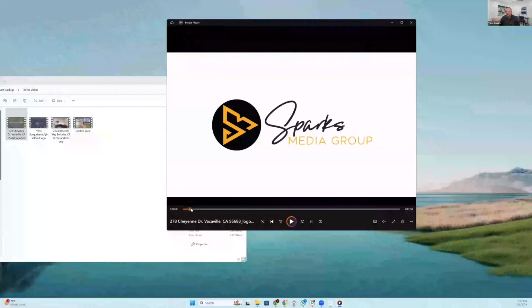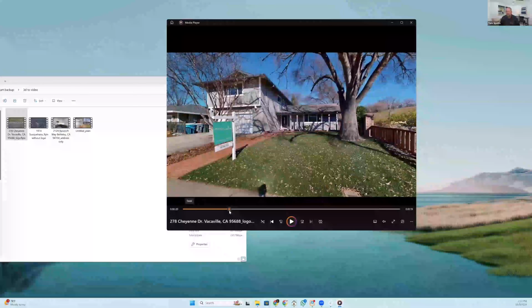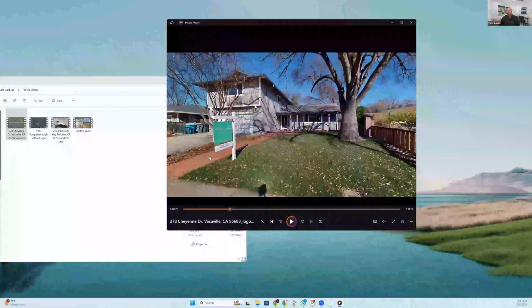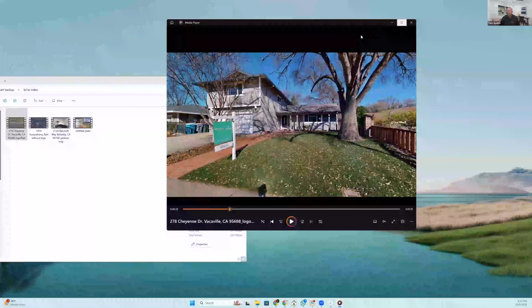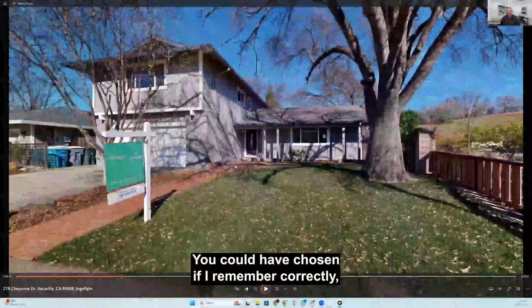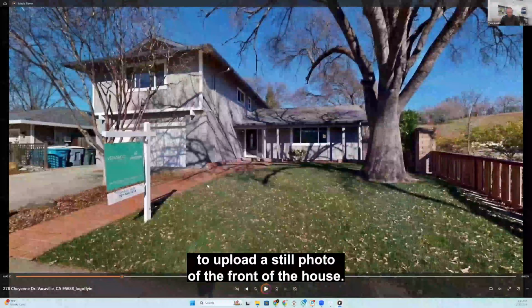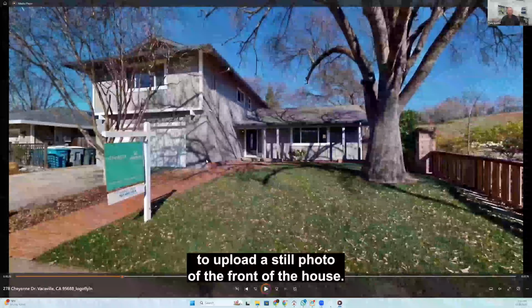You could have chosen to include the address or not. You could have chosen, if I remember correctly, to upload a still photo of the front of the house.